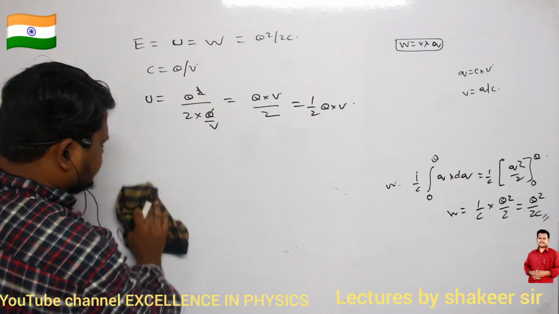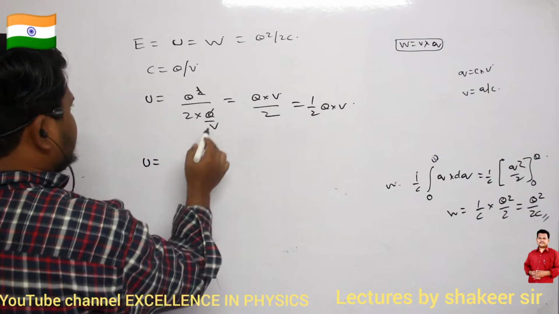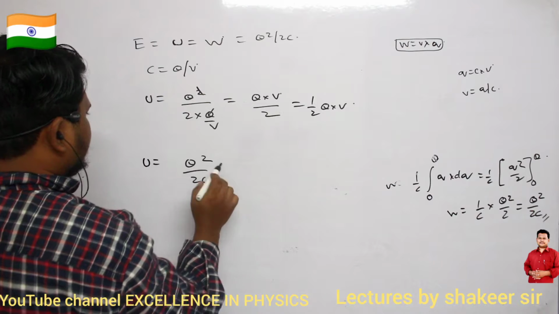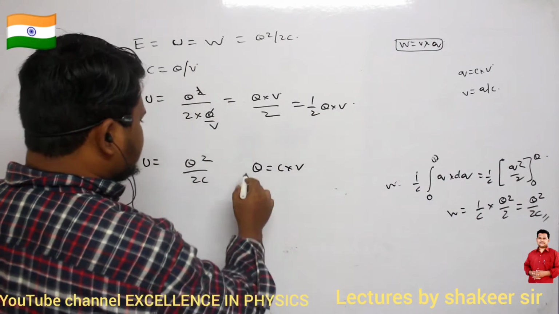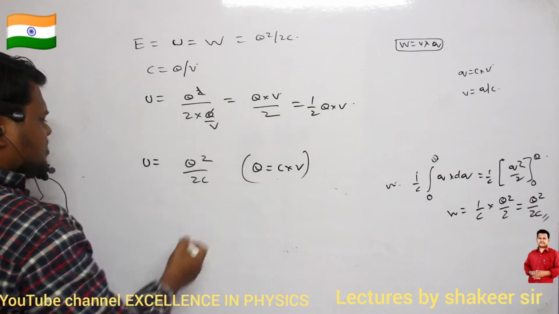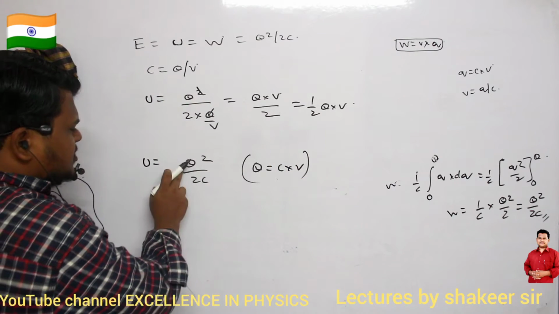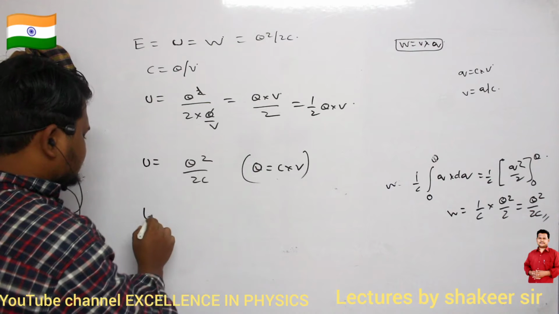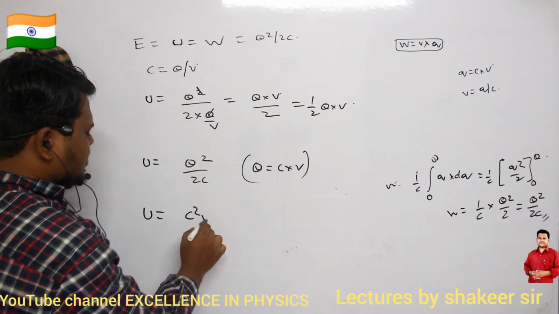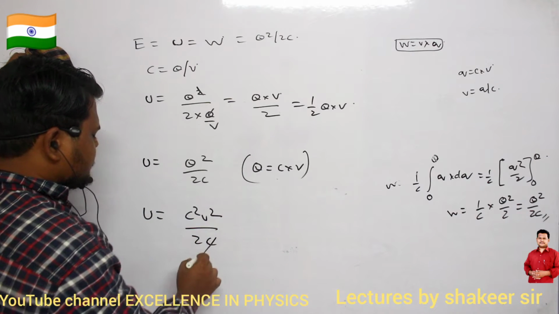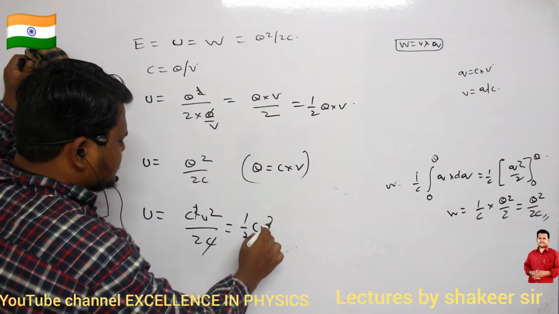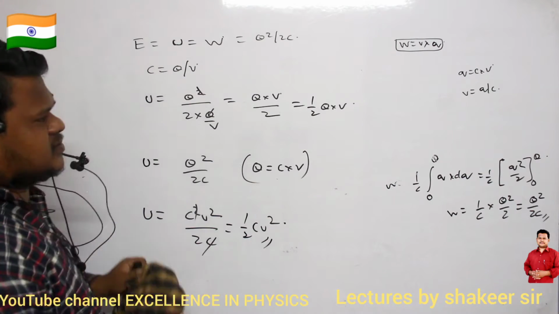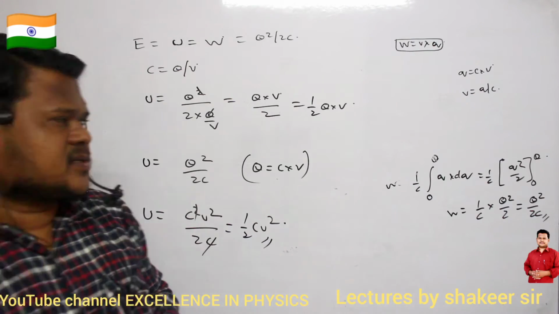Similarly, energy stored, what is the first equation? Q square divided by 2C. And we have Q is equal to C into V also, no? So from this same relation, we get another relation. Now instead of Q square, you substitute C square V square. So instead of Q square, I will write C square V square divided by 2C. So C and C square get cancelled. So half CV square. This is one more equation for energy stored in between the plates of the capacitor.